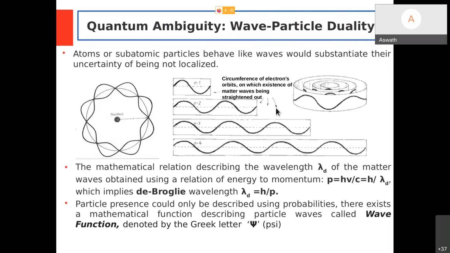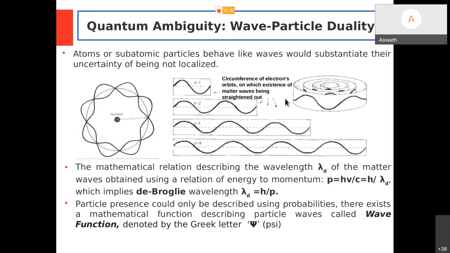The best way to understand is, let's say I have some kind of a tape, and I put the tape in a circular fashion, like a disc, on each orbit. On the tape there exists a wave, right? If I cut the tape and straighten it, what I will see is that on the lowest orbit there may be one single wavelength confined, on the next orbit there may be 2 wavelengths confined, then 3 wavelengths, and so on. This is what usually happens when I take an atom. There exists an electron associated with some kind of a wave in that particular orbit.